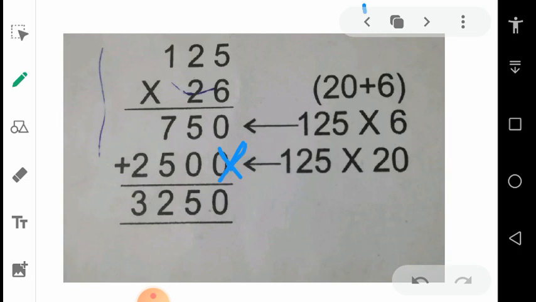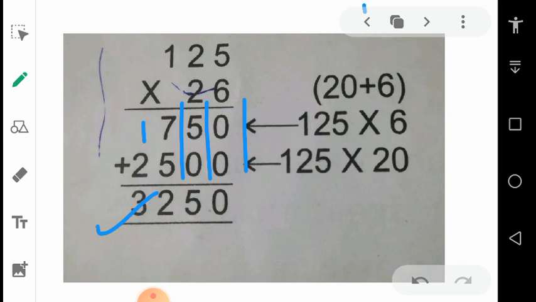Then multiply 2 with 5, this one 2 5s are 10, 1 carry, then 2 2s are 4 plus 1, this 5 and 2 1s are 2. Finally we will add those numbers appearing below the multiplication as 0 plus 0 is 0, then 5 plus 0 gives 5, 7 plus 5 gives 12, 1 carry and 2 plus 1 is 3. So this is the answer of this multiplication.